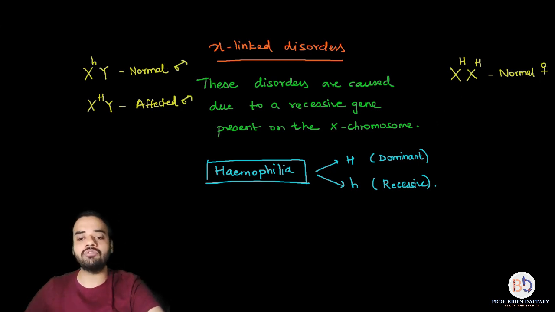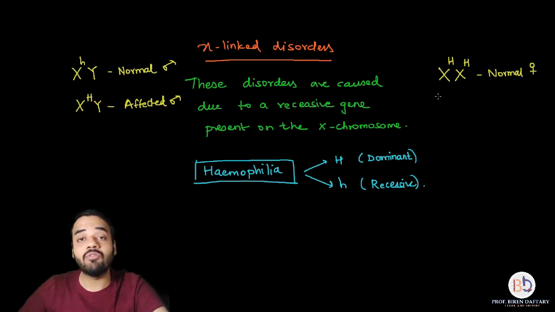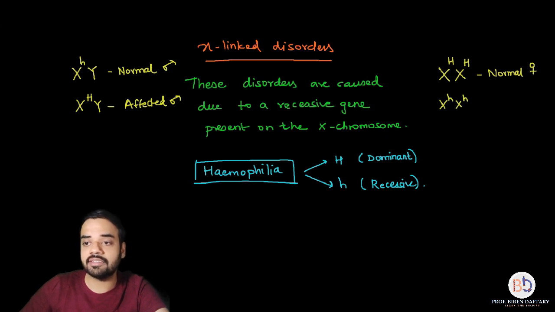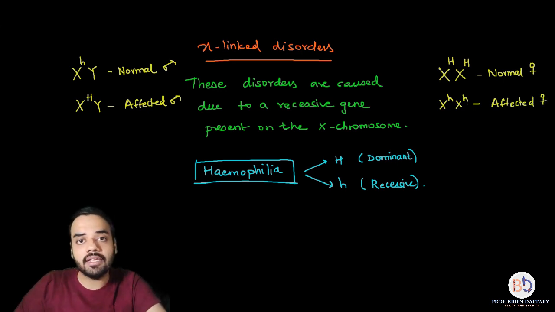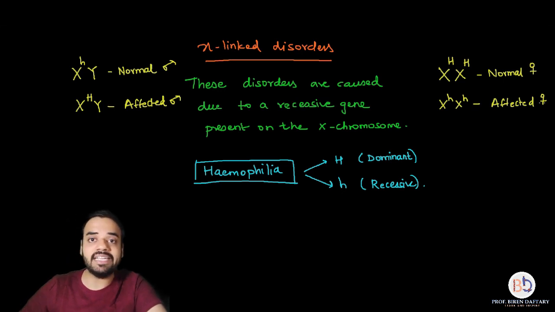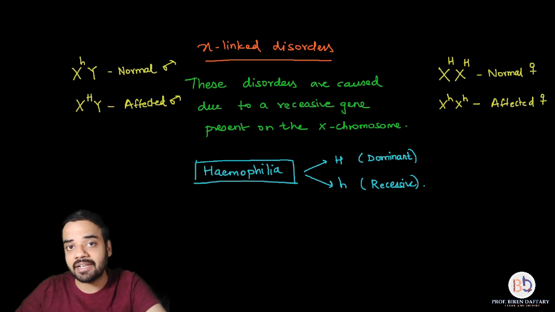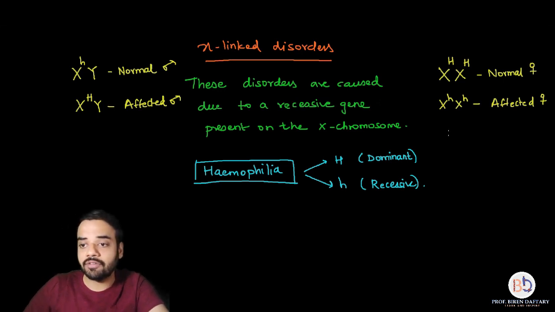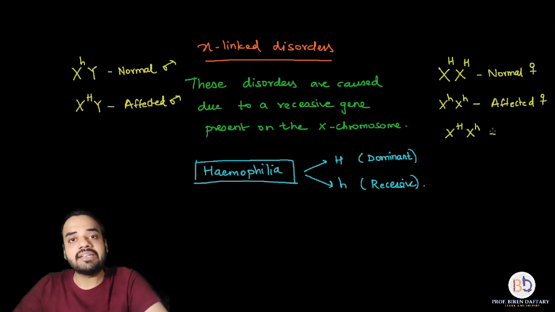And if I want to write down the genotype of an affected female, what should I write? So on both the X chromosomes, there will be a small h. So this is the affected female. Affected means the female who is suffering from hemophilia. Is this correct? Now, if you pay attention closely, then in case of females, there is a third possibility which can occur. And that possibility is, what if one of the X chromosomes has capital H and the other has a small h? So if I write down X capital H and X small h,